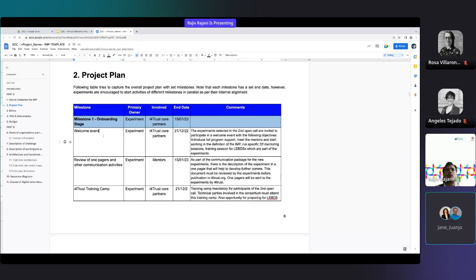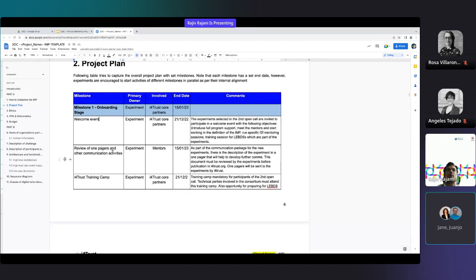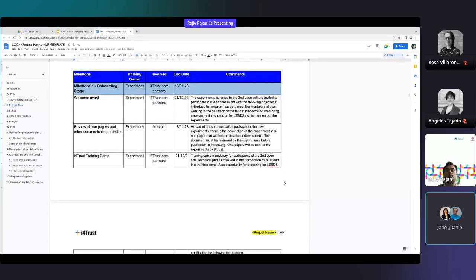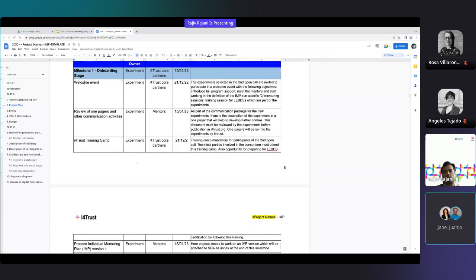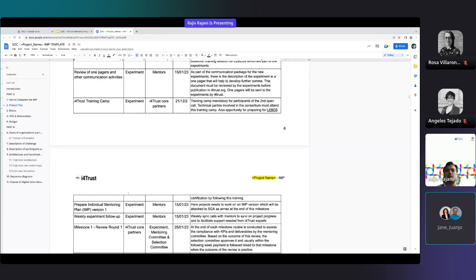Here we are talking about the first milestone, where you can see the line items detailing each item that will be taken during this period. For example, the welcome event, which is what you are currently in, and similar activities like the training camp, which is also starting today itself.